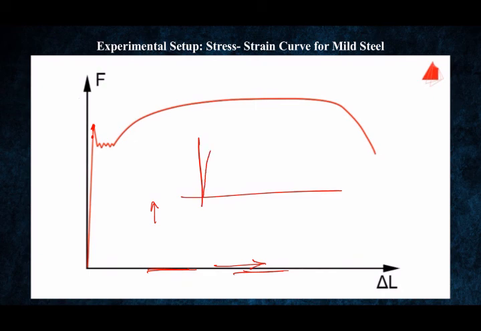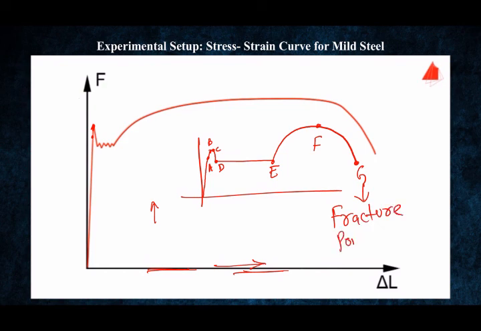Suppose this point is A, this point is B, this point is C, this point is D, E, we call this point F, G, and G we call a fracture point, and this point we call the ultimate yield point,